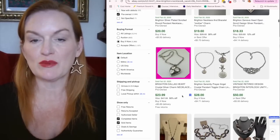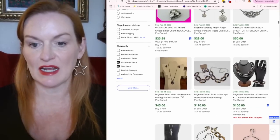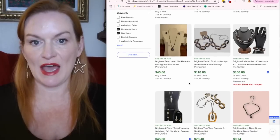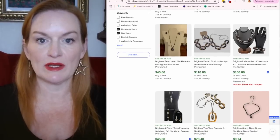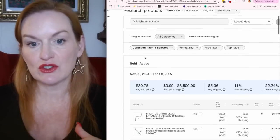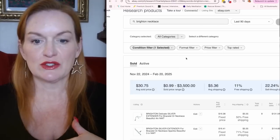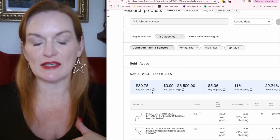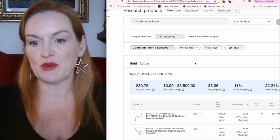I get them pretty regularly in different jewelry boxes and unboxings that I find. You're going to look for that B on the piece of jewelry. I've pulled up Terapeak here just to show you the average sold price, and I don't have all the same filters on here. So the average sold price here for the last 3 months for Brighton jewelry is around $30, which is not too bad,